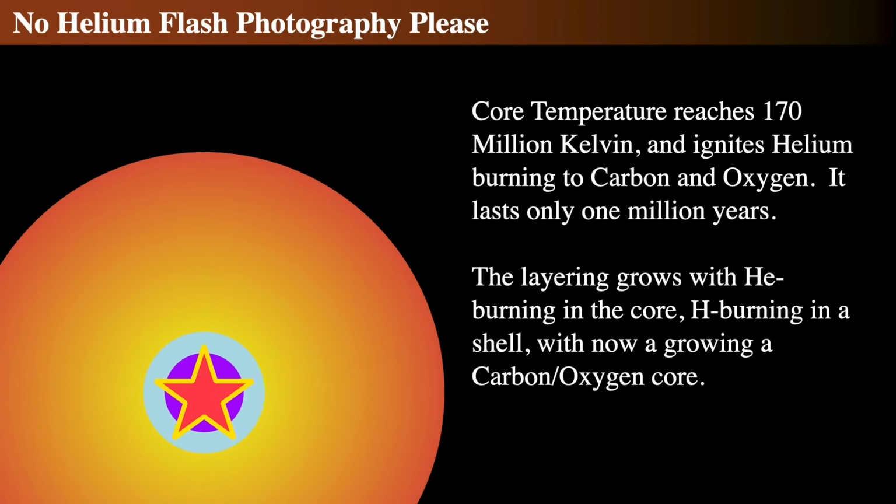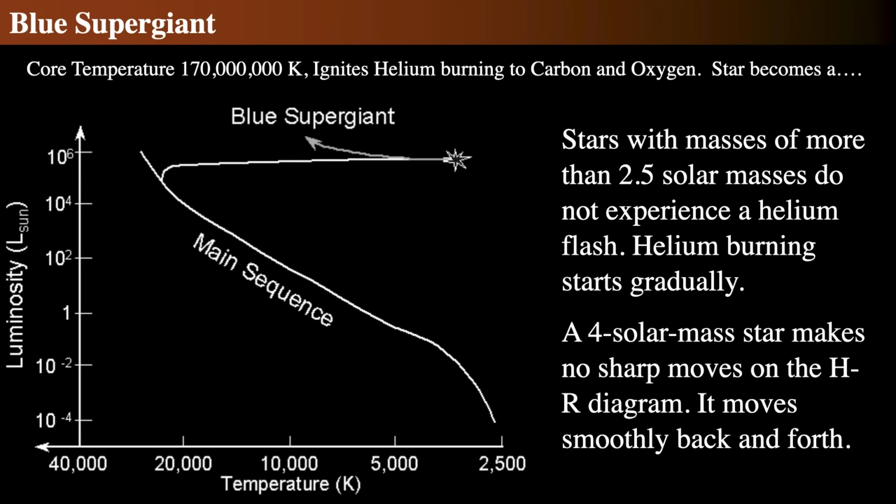Eventually, this supermassive star's core temperature rises to almost 200 million Kelvin. That's enough to start up helium burning. And helium burning through the triple alpha process, as we showed before, makes carbon and oxygen. In the sun, this would last about 1 billion years. For massive stars, it lasts about 1 million years or less. And then we've got this layering that happens down in the core, where there's helium burning in the core, then there's hydrogen burning around it, and notice that there's no helium flash,